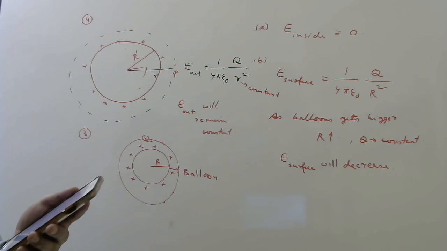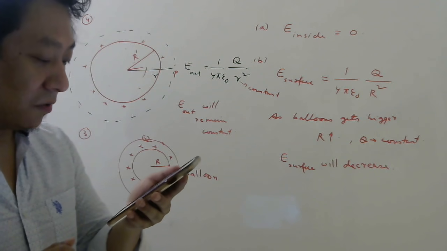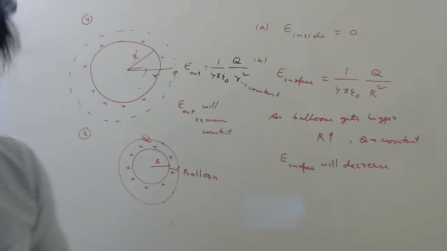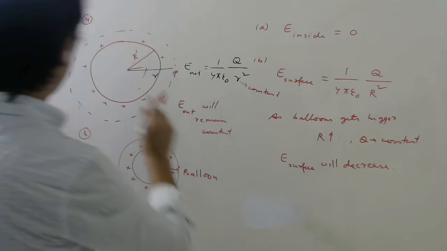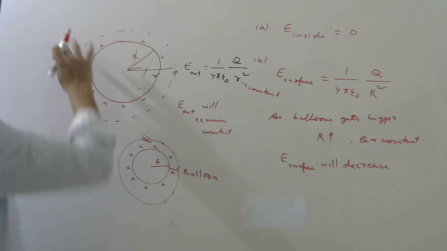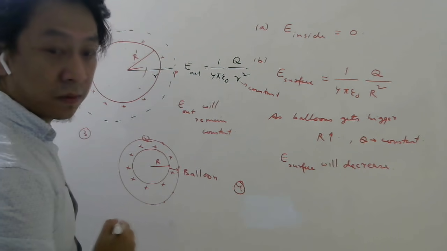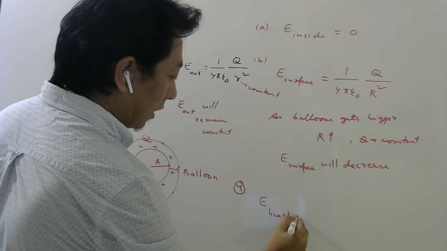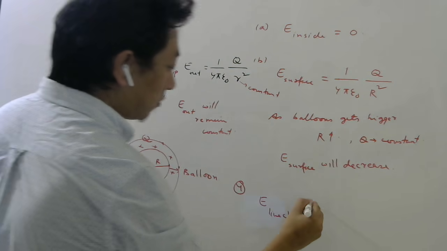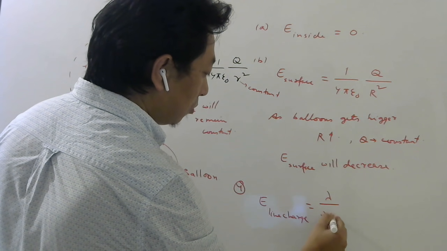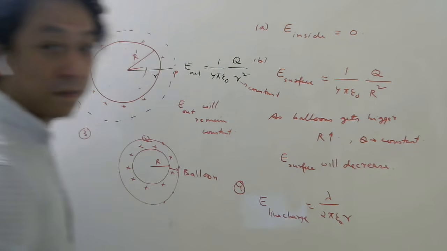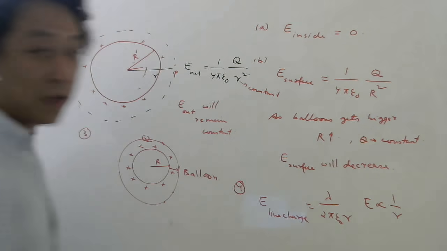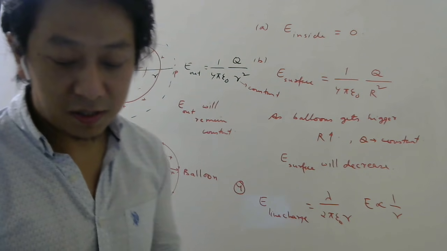How does the electric field due to a line charge vary with distance? We know it is inversely proportional to r. So for the fourth question, this is question number 3 actually, right? For the fourth question, they are asking the electric field due to a line charge. For a very long line charge, what was the formula? Lambda by 2 pi epsilon naught r. That means it is inversely proportional to the distance from the line charge. R was, students, the distance from the line charge.